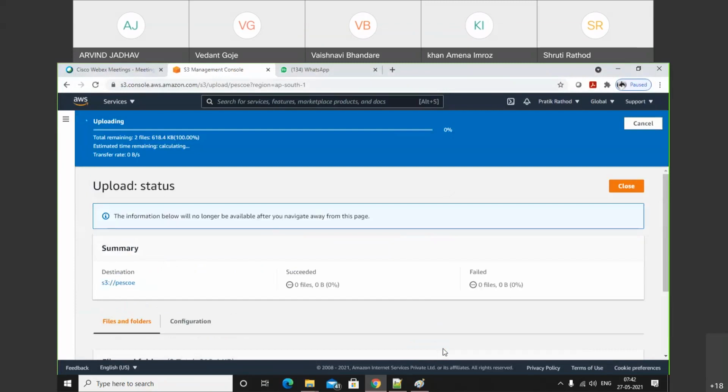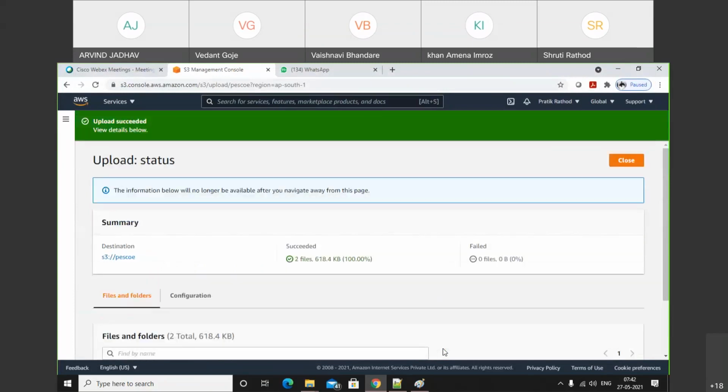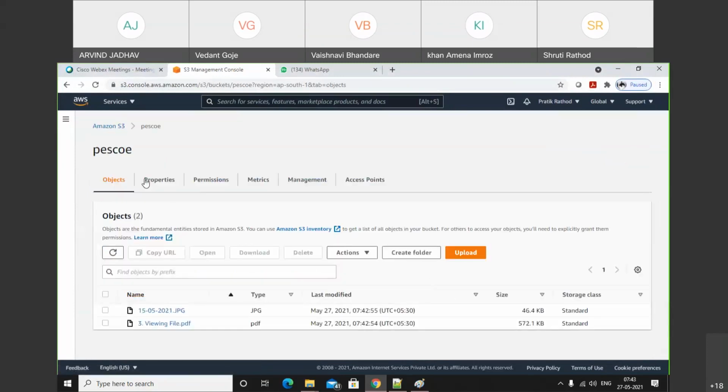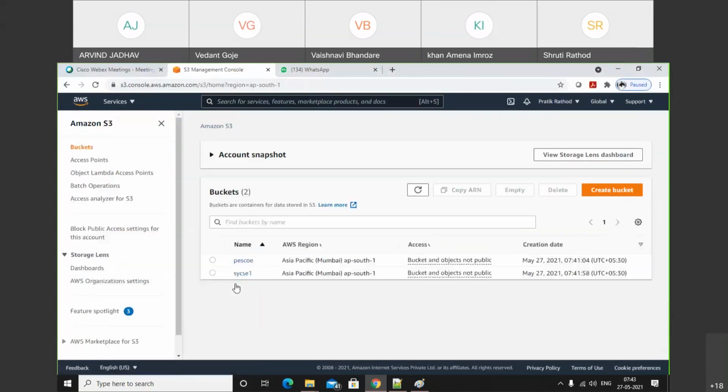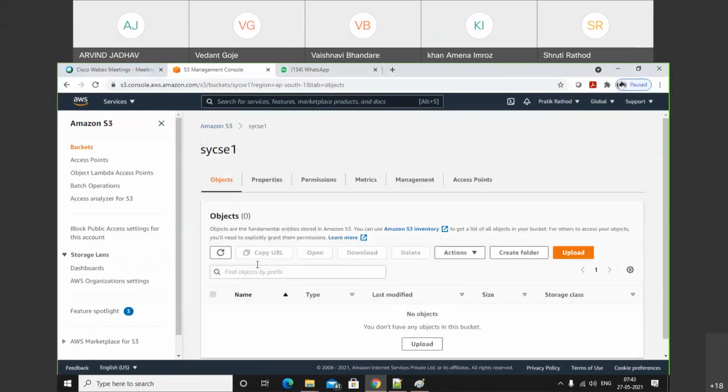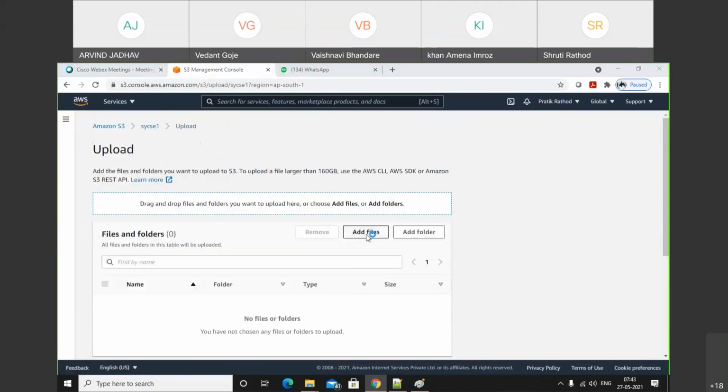Now to access these buckets inside the EC2 instance, we require a bucket, and for that we require content, or we can say an object. I successfully uploaded this object into the PSCOE bucket. So I want to upload data or an object inside SYCSC also. Click on that, add files.